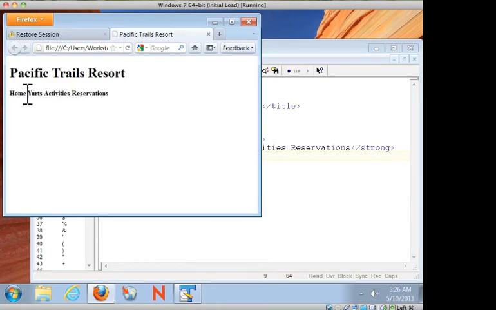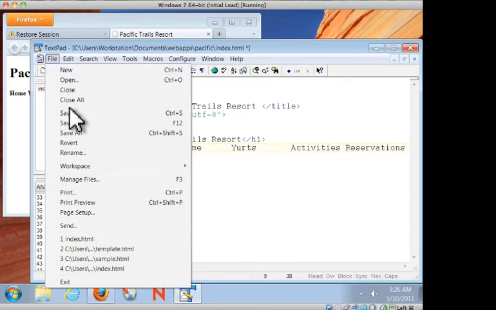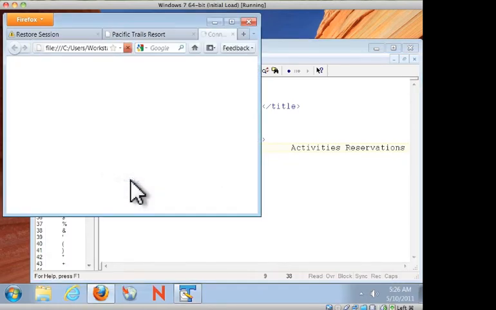but we're also asked to put extra spacing between these words in the navigation area. So let's go back to our page. Now our first inclination here might be to just add extra spacing. But if we save this and look at it in the browser, we're going to see that those extra spaces